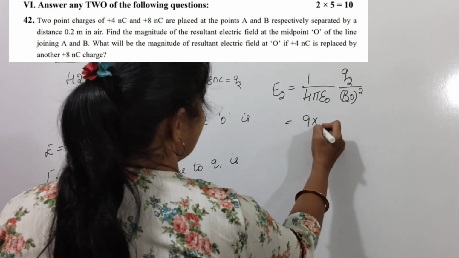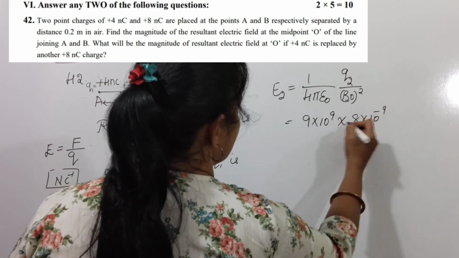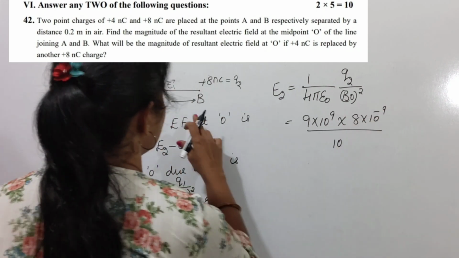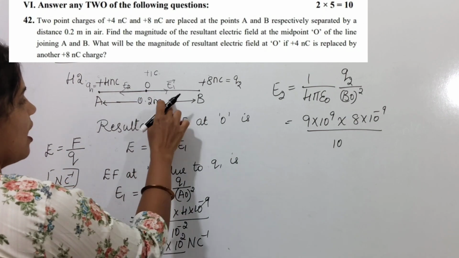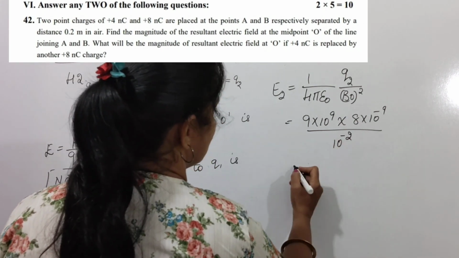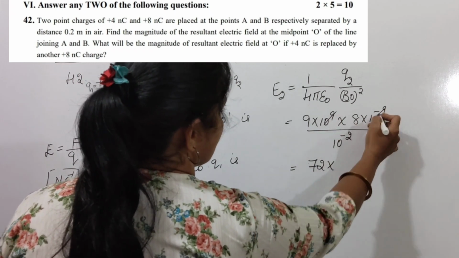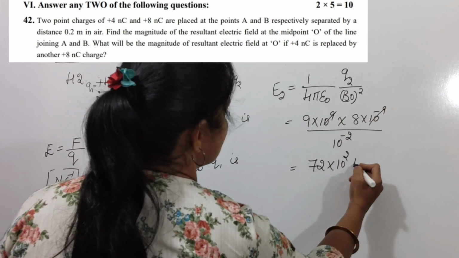So again 9 into 10 to the power 9, 8 into 10 to the power minus 9, and the distance is 0.2 half, which is 0.1, that is 10 to the power minus 1, squared. So 8 9s are 72 into 10 to the power plus 2 newton per